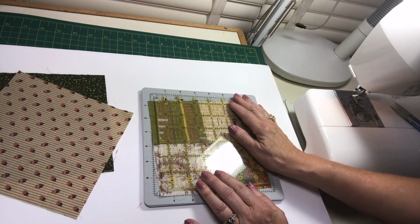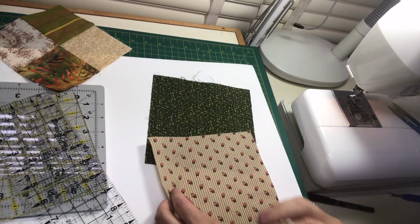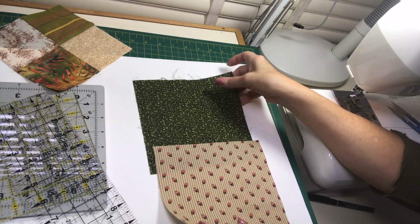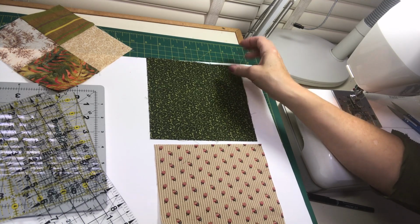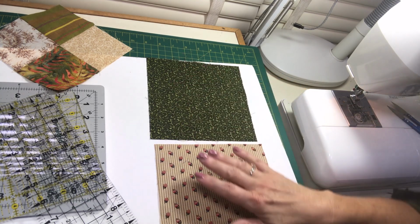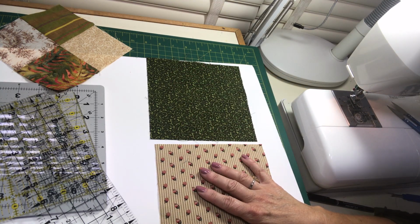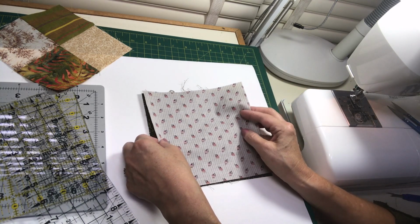Now let's see how to make the half-square triangle unit for the hourglass block. For your half-square triangle units for the hourglass block, you've pulled 7-inch squares: one a darker or a bright square that's 7 inches, and one is a light square that's 7 inches. And we're going to make our half square triangle units the very same as we did for the maple leaf